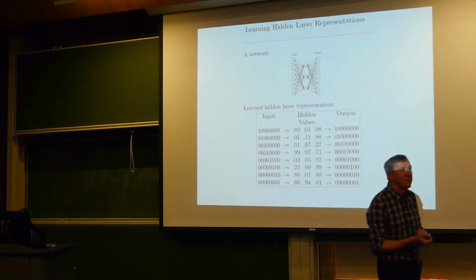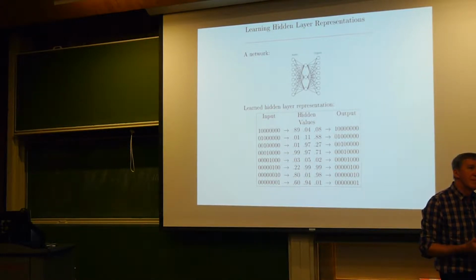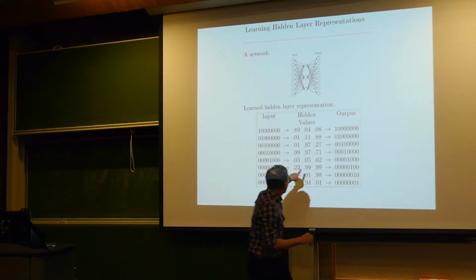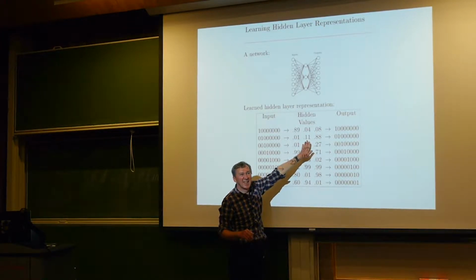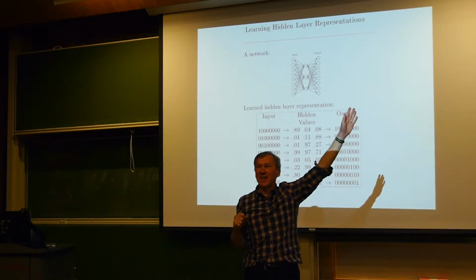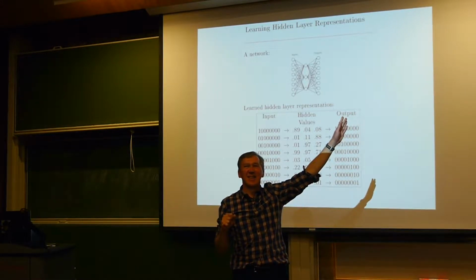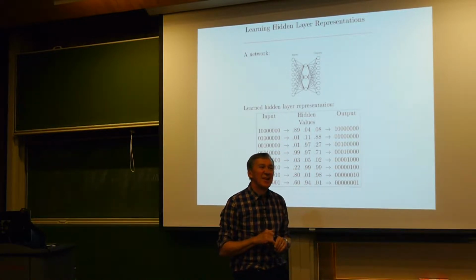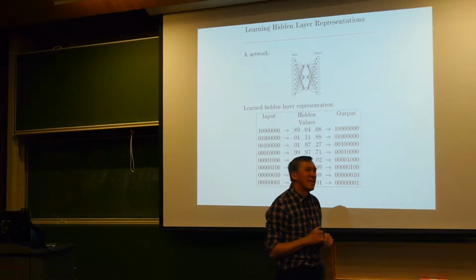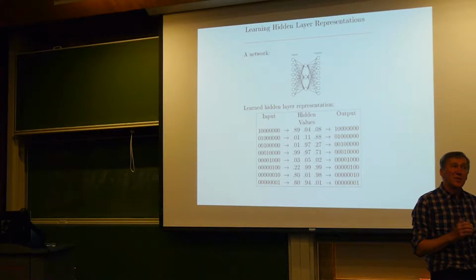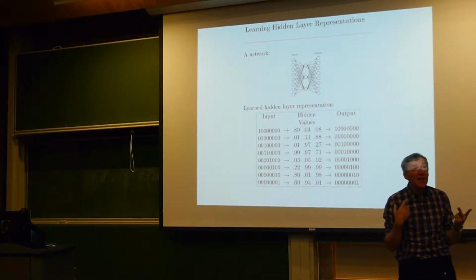Yep? So if you only have 2 points at the hidden layer, can you also learn the same results? If I only had 2 hidden units instead of 3, who thinks it would work? Who thinks it wouldn't work? Okay, somebody who thinks it wouldn't work, tell me why. I'm thinking that 3 bits can represent 8 results, but 2 cannot. Right, it's certainly true that you cannot encode 8 values with 2 bits. But I think it could work,